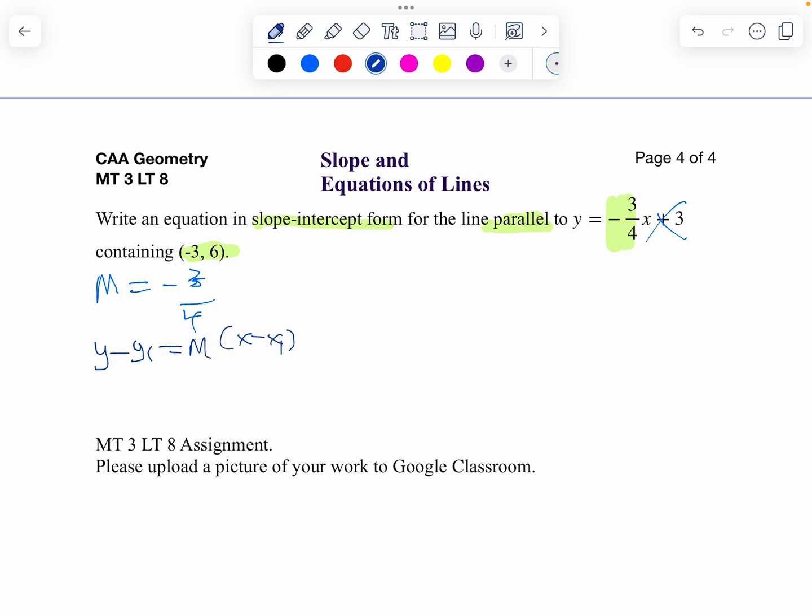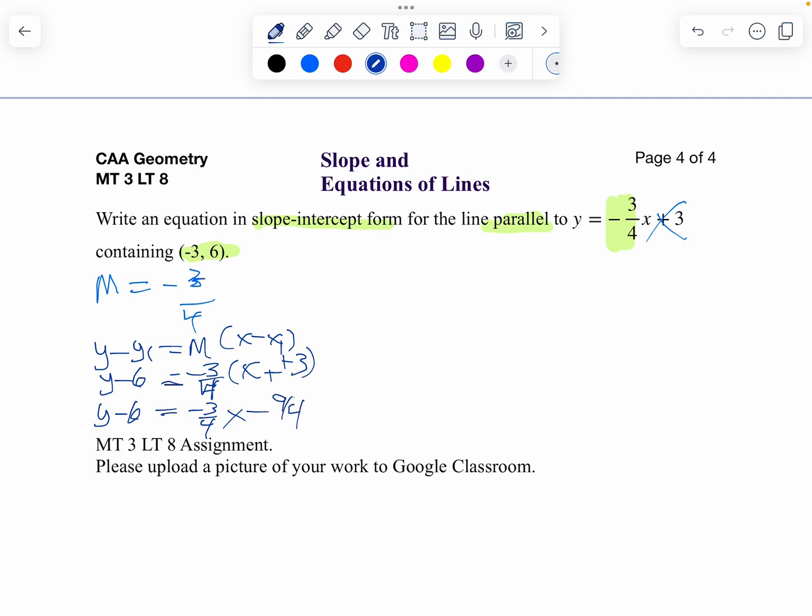So let's substitute that in. So y minus my y-coordinate, which is 6, equals my slope, which is negative 3/4, times x minus your x-coordinate, so x minus a negative 3. Well, x minus a negative 3 is positive 3, isn't it? So then we'll say y minus 6 equals negative 3/4 times x plus 3. A positive times a negative is a negative